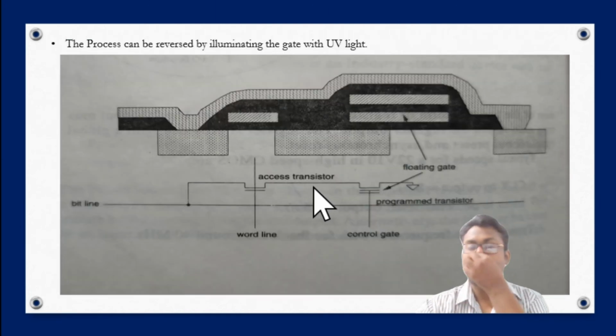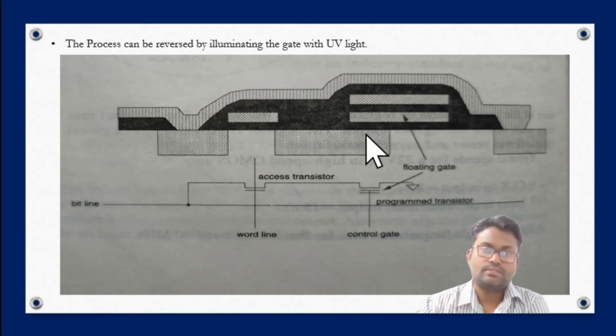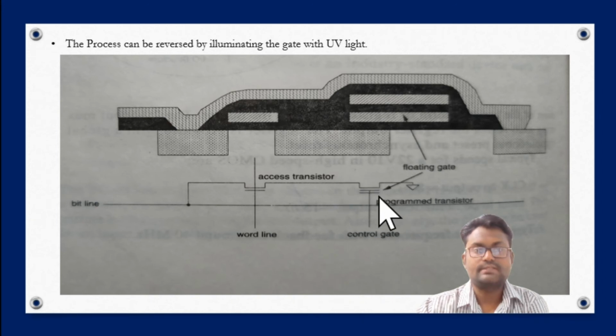Now this is the structure of the floating gate. Here the below gate is known as the floating gate, and the above gate is the main control gate, which is electrically connected, but the below gate is not connected to anything. This floating gate structure is represented using this symbol. Here the two lines are connected to make a gate, the middle horizontal line is the floating gate, and the last one is the electrically connected gate.